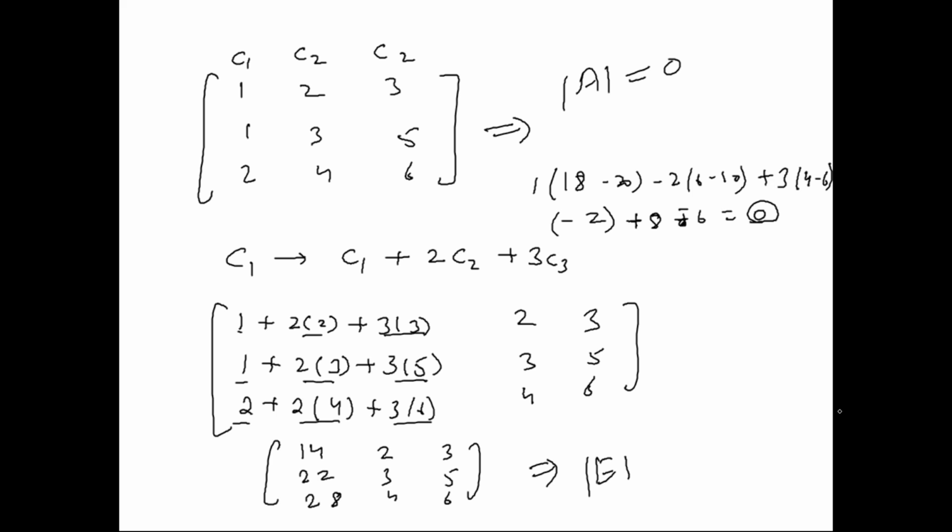What is the value of the determinant, Ishwar? 0. So you can see that it has not changed. See, what we did, what does this point mean? This point means that if you apply any row or column operation, the determinant will not change. Is that okay? Avni, is that okay?